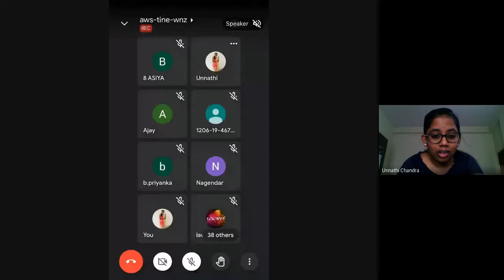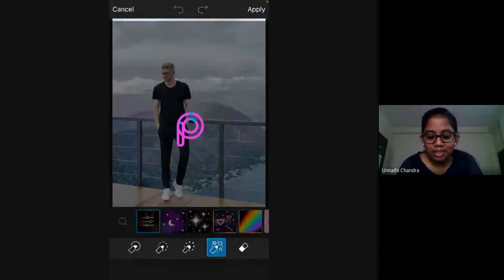Okay. So getting back, now another feature available is brush. You can use the brush feature, and what you can do is, screen is lagging very much. I'm really sorry for this. Yeah, so you can use the brush feature, and whichever brush you select, you can just apply it around on the photo, like maybe stars or rainbow or even firecrackers. Yes, that is also an option. That is also one of the brush options available. You can use that.